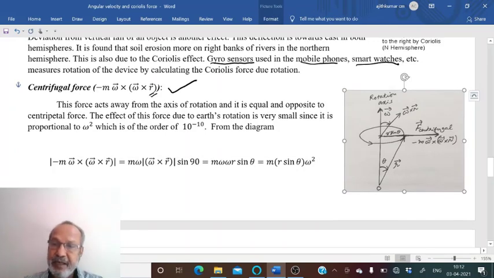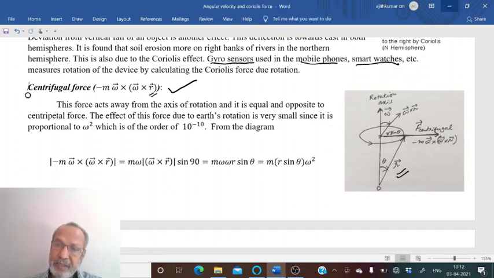You can look at this diagram. In this diagram, this R is the position vector of some particle, and that is in a rotating frame of reference. And from an inertial frame or non-rotating frame, the particle seems to be rotating in a circle of radius r sin theta, where r sin theta is the opposite side of this right angle triangle. So if hypotenuse is r, then this is r sin theta. So the particle is rotating in a circle of radius r sin theta.